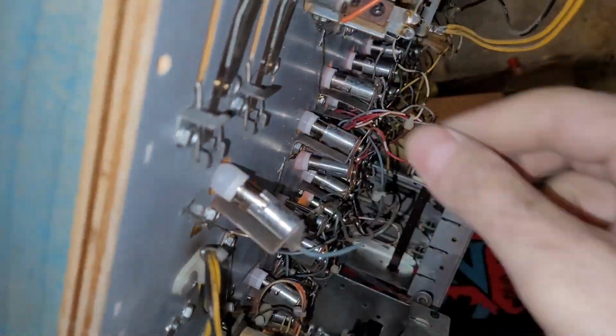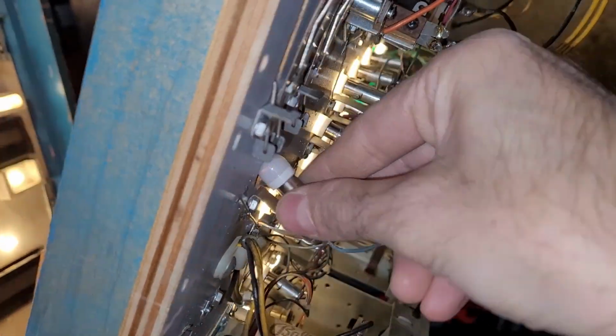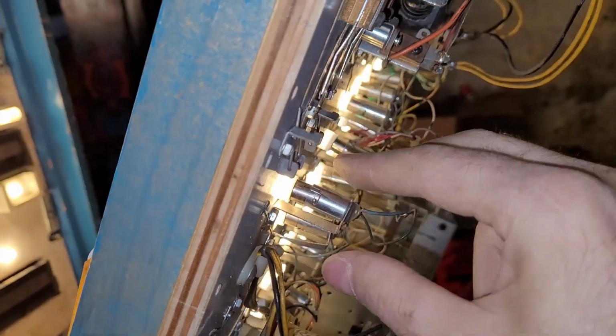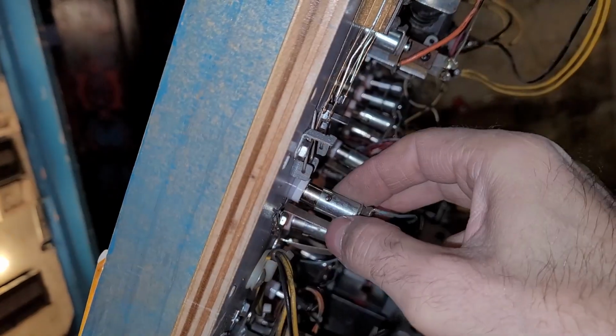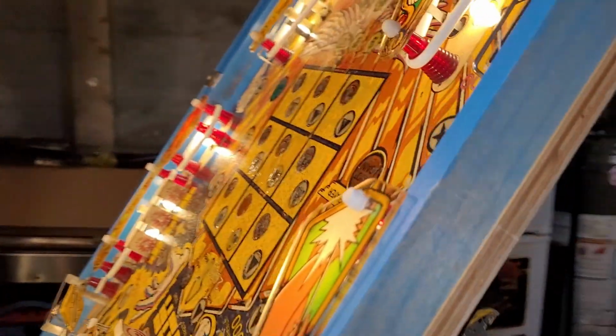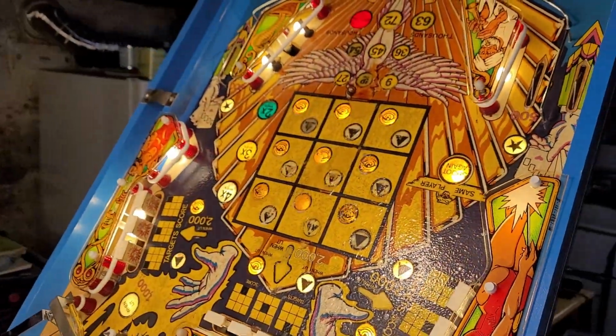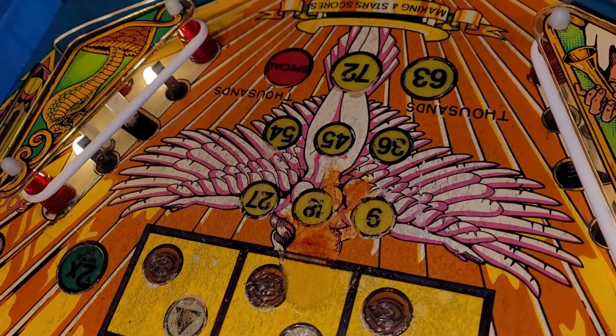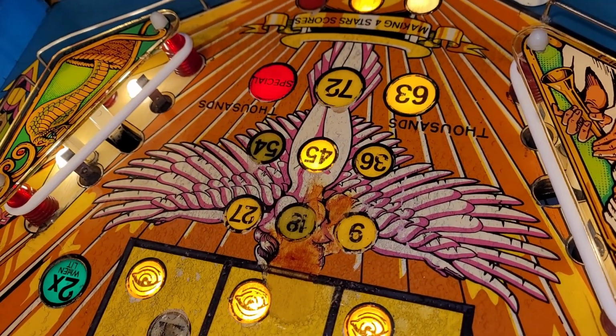Okay, that's just a flaky one. There's another flaky one. This is going to be the next phase, dealing with all the flaky guys. That barrel is loose, so probably start with the socket modifications. I guess 9 is weak, 18 non-existent, 36 is weak, 54